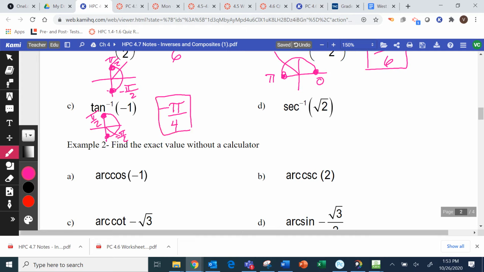I heard some of you yell out 7 pi over 4, which is what it used to be until we started just talking about arctangent being a function where we're not using 7 pi over 4. We're only going from negative pi over 2 to positive pi over 2. If I used my calculator,